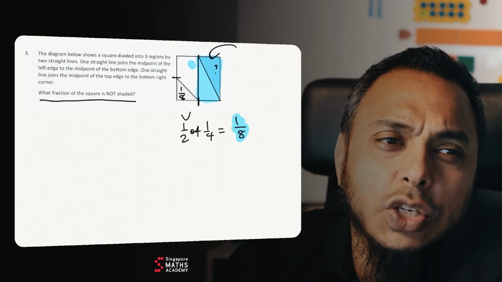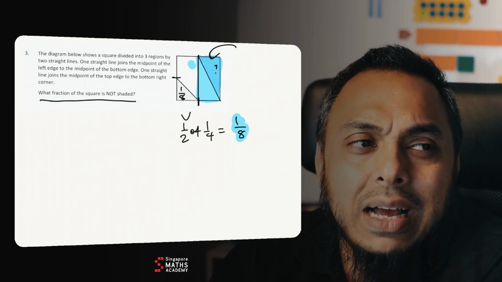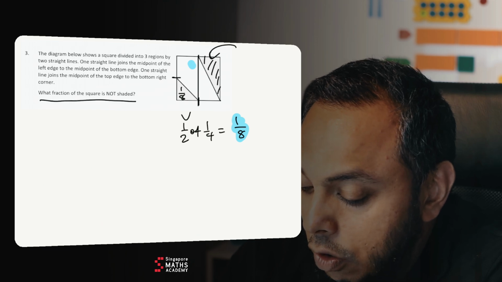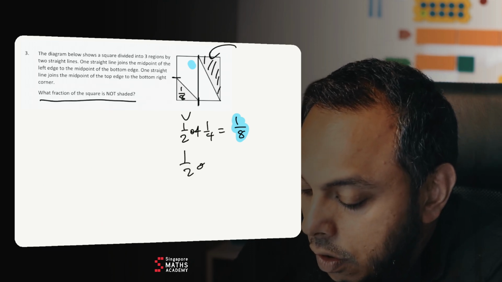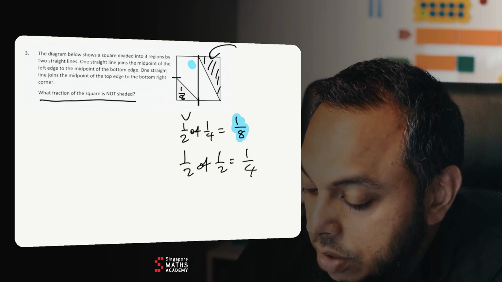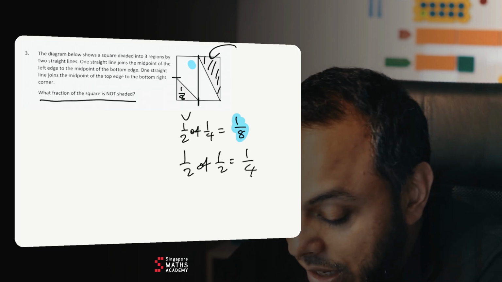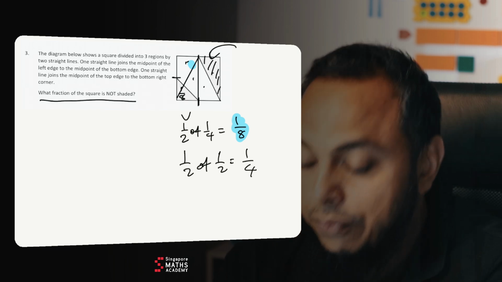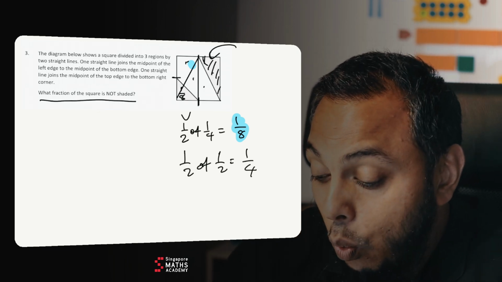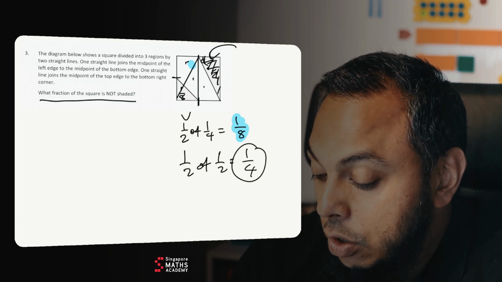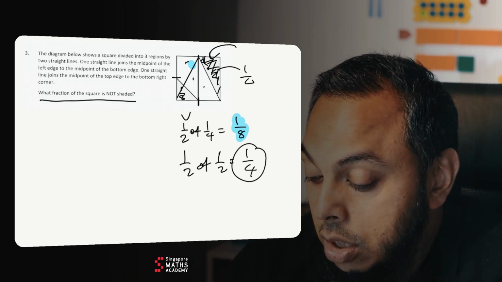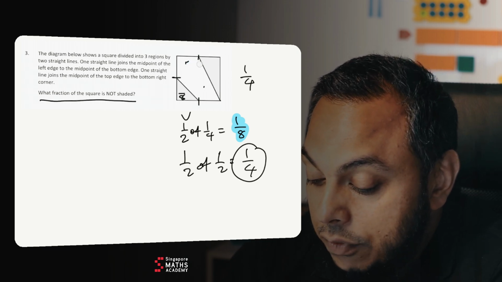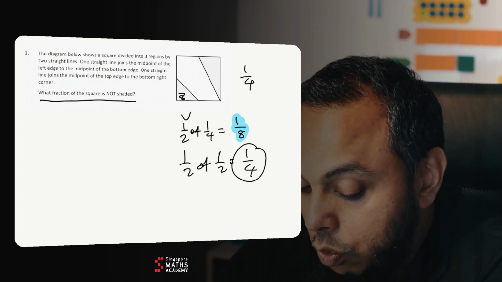If I've got half the shape there, how can I work out the shaded region? That's easy, because this is half of the half. Half of a half is equal to a quarter. How do I know that? If I halve the other side, something like that, I can see there's 1, 2, 3, 4 equal parts, and out of the 4 equal parts, one of those parts is shaded, so I know that's a quarter. So this is a quarter of the whole square, and I know I've got 1/8 of the whole square here,